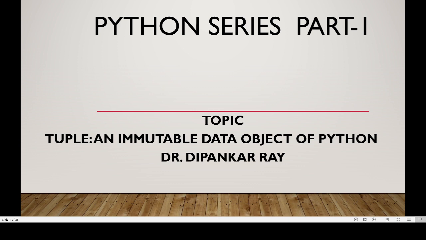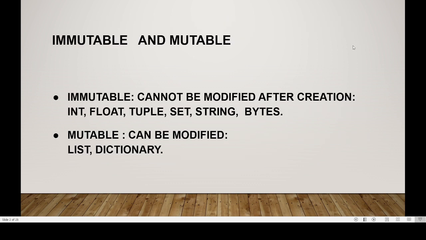Dr. Dipankar Rai is now going to discuss a very interesting topic of Python, that is immutable data type. I shall discuss it using tuple. An immutable data type means it cannot be modified. In Python, integer, float, tuple, set, string, bytes are examples of immutable data types, whereas list, dictionary are examples of